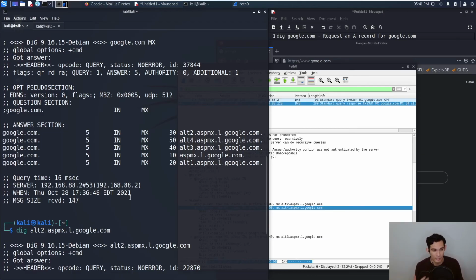And so the reason why I think Google has such a low TTL value is specifically because they want to be able to make rapid changes, without having to worry about things taking forever to migrate. And that's probably why they have such a low TTL value.